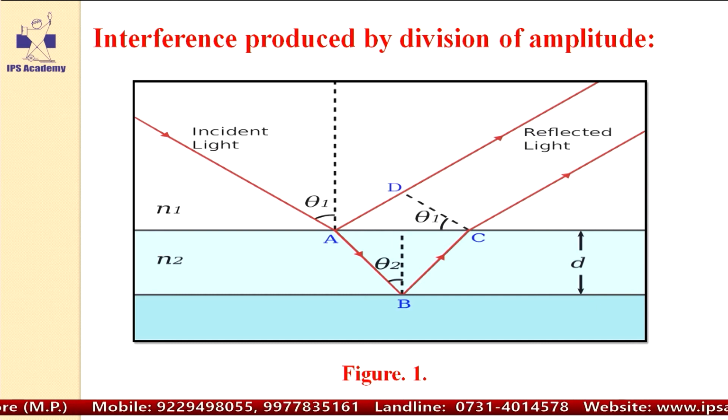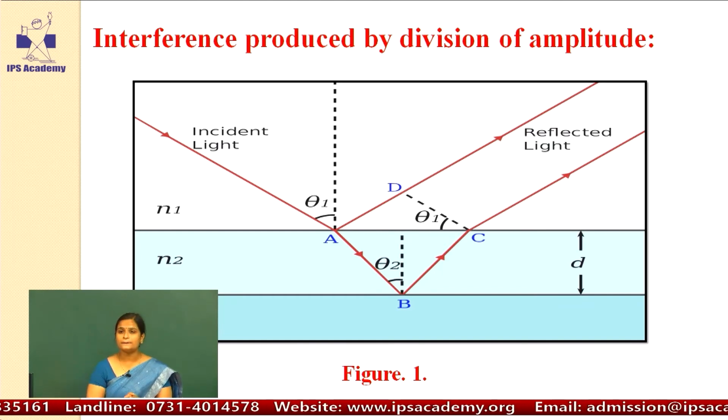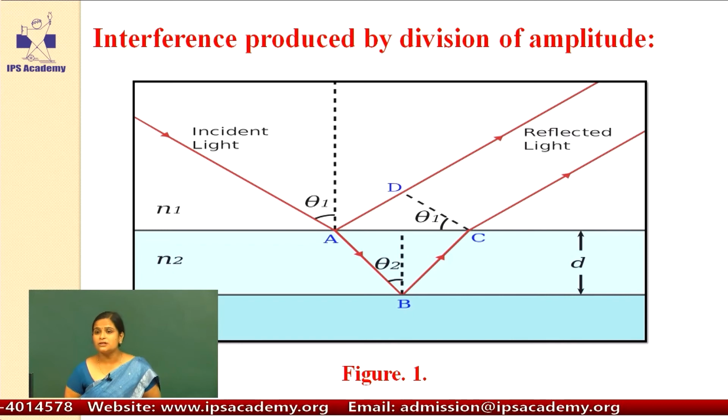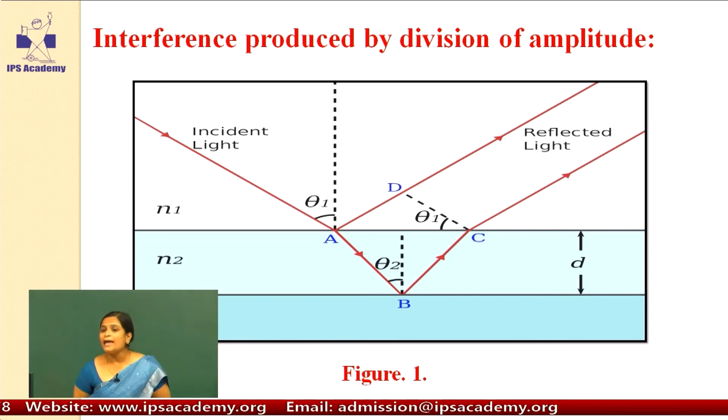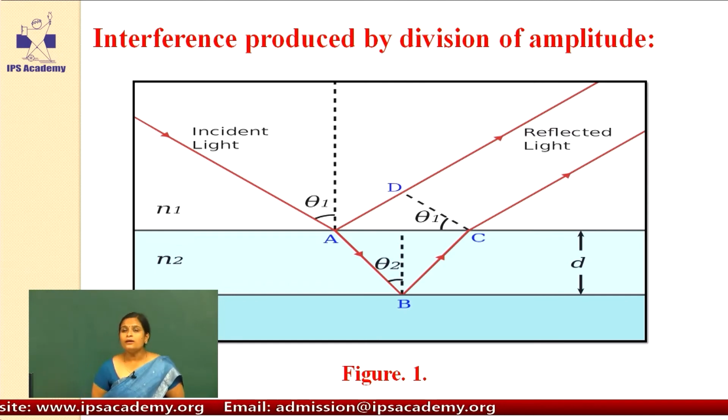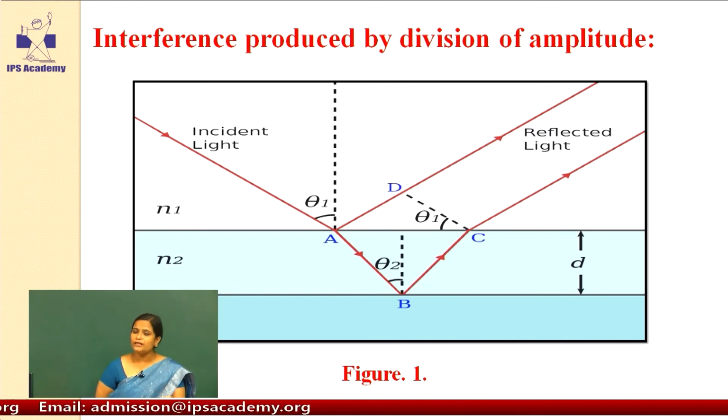When we observe from the reflected region, the reflected part of the light, this is known as the reflected region, and when we observe from the downward region, the transmitted region, this light is known as transmitted light. So here in this figure you can see the reflected light. There is a superposition between these two light beams which are reflected from point A and point C. After superposition we get the interference pattern on the screen, which gives alternate dark and bright fringes.